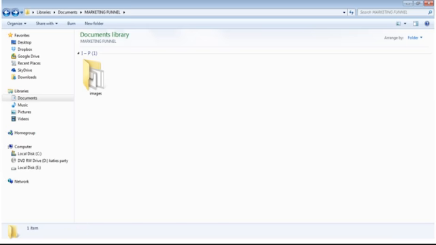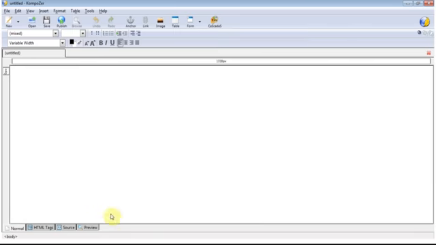Okay, so once you've downloaded and installed Composer, simply open it up and we can begin setting up our squeeze